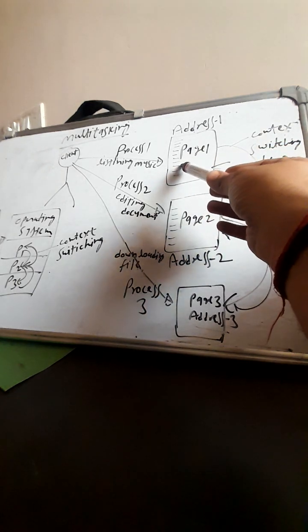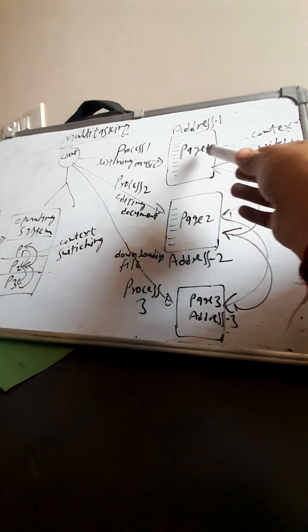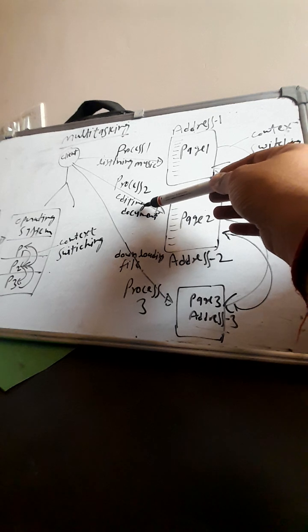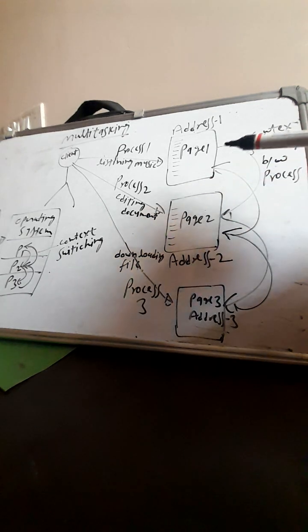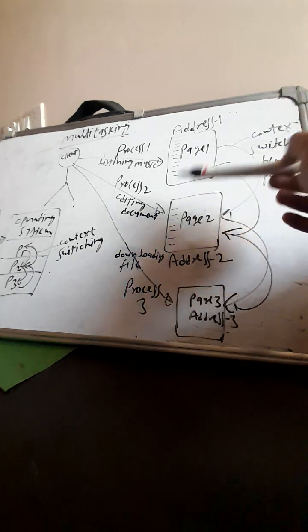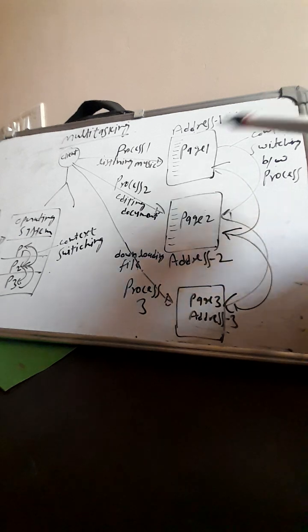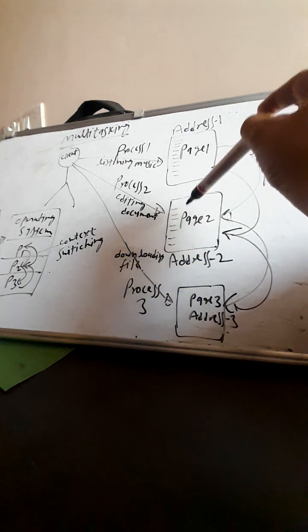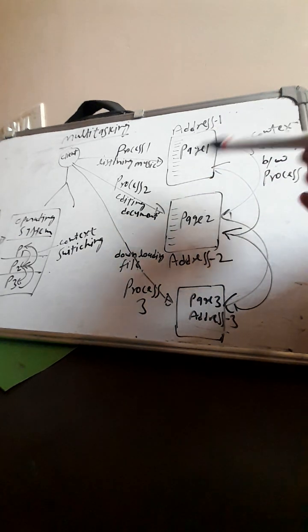Like, listening to music belongs to a different application, editing a document belongs to a different application. It might be MS Word, or if we are editing a PPT, it might be PowerPoint,